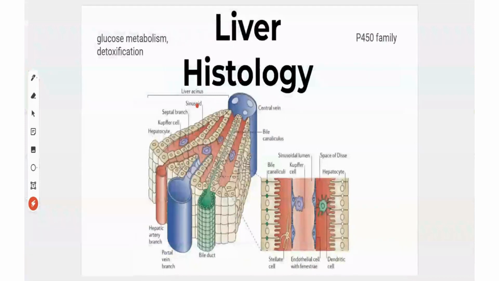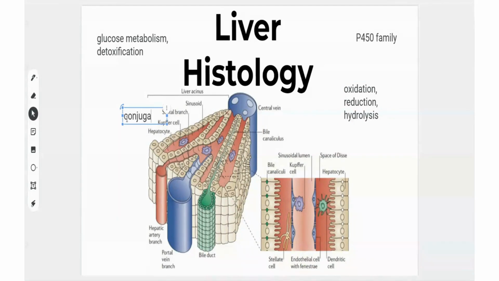This includes the first phase of detoxification, where hepatocytes use enzymes, mainly from cytochrome P450, to modify or break down toxic substances. This process often involves oxidation, reduction, or hydrolysis reactions. In the second phase, the modified substances from phase 1 reactions undergo conjugation. This involves attaching water-soluble molecules such as glucuronic acid, sulfate, or glutathione to the modified toxins, making them more polar